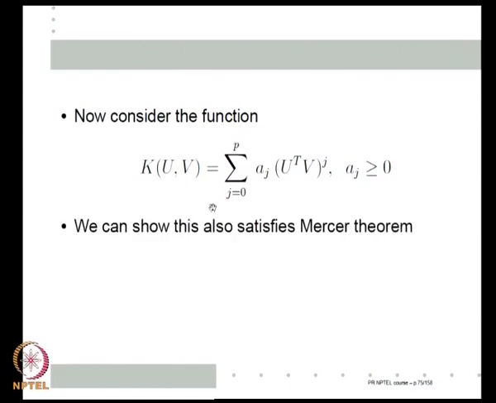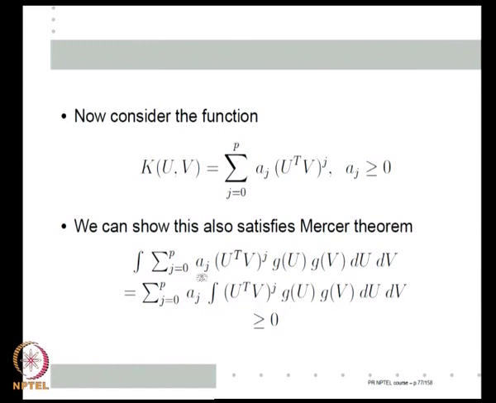This is also a kernel. Why? This is what I have to show: k(u, v) equals the summation over j from 0 to p of a_j (u transpose v) to the power j, integrated against g(u) g(v) du dv. This is what I have to show to be positive. Now, this sum can come out of the integral,